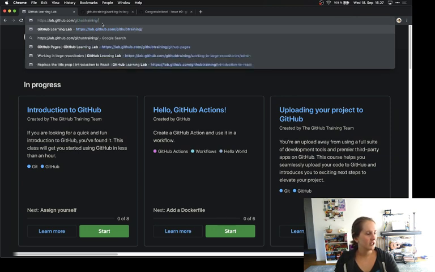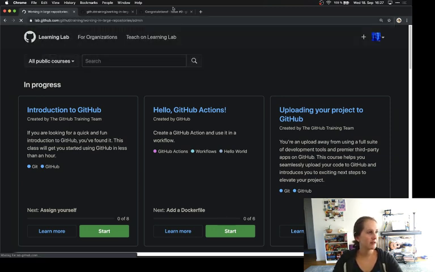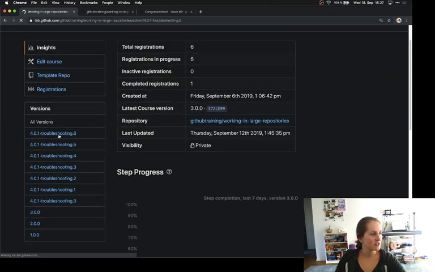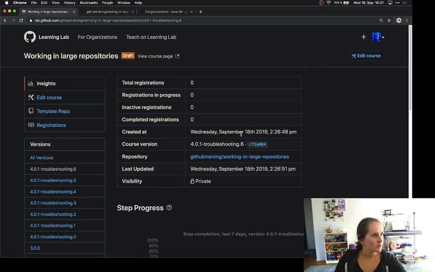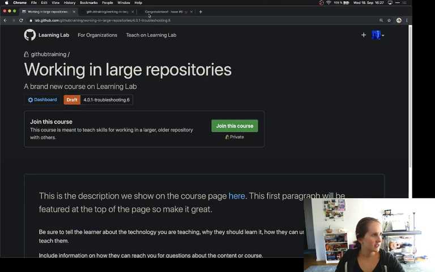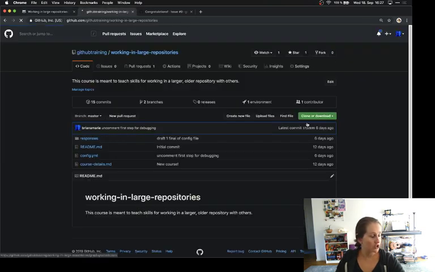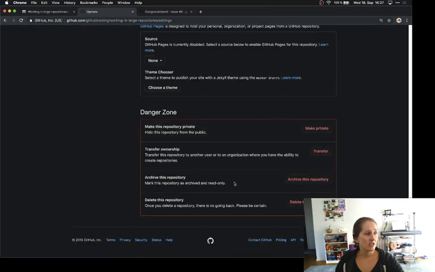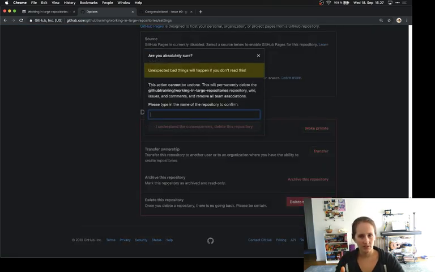GitHub training and working in large repositories admin. Okay, so you can see all of the great versions here on the side. This one was pushed today. Great. I could also cross-check the commit with the one that's referenced here with the one that's most recent in the pull request, but I think it's fine. I'll view the course page, and I'm going to need to delete my repository before I can join that course. If you're going through this, a lot of times it'll let you delete it as a part of the step, but